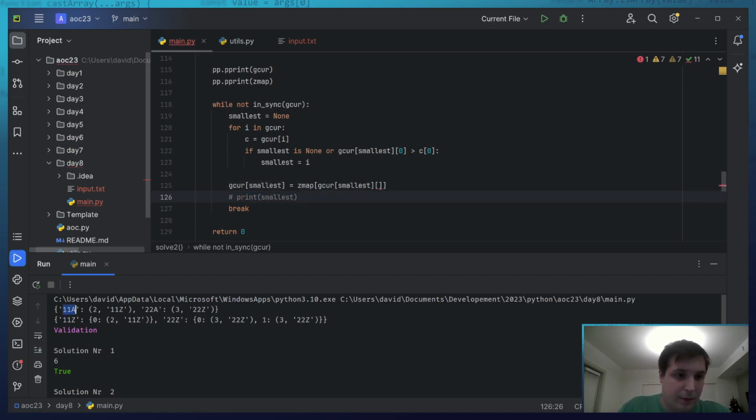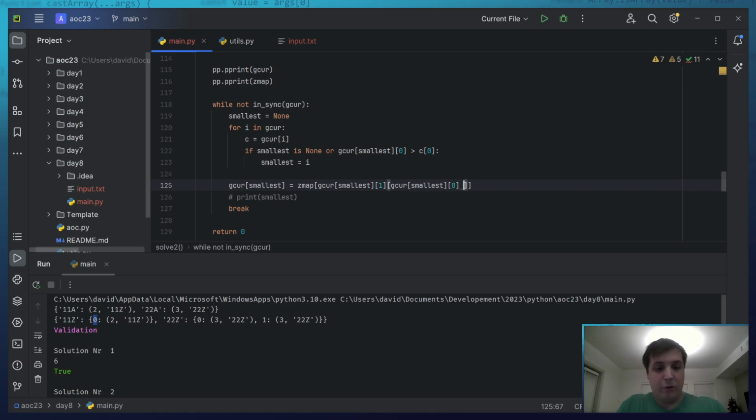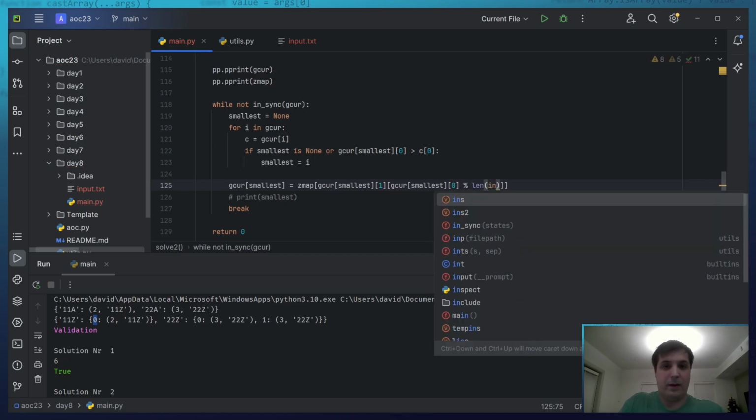G cur of the smallest, and then 1, that's the address. That's the address that we're looking from. Then we are looking for the best face. So we do the current face. This is G cur smallest, and then 0 modulo length of ints.